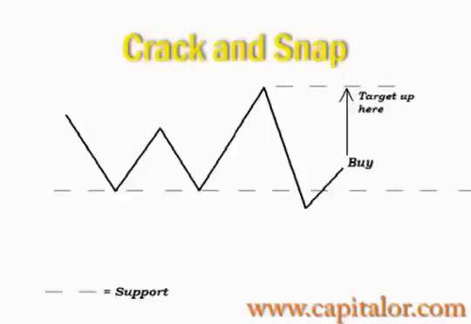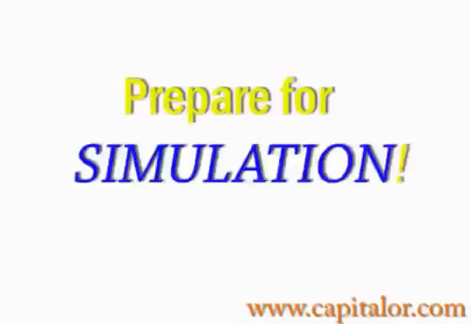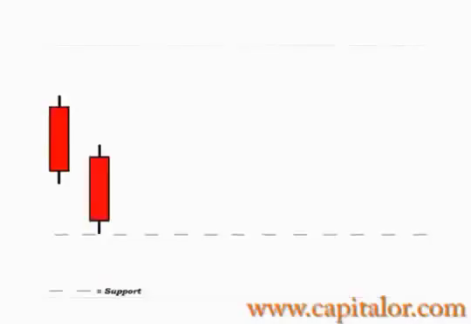And to make your apprehension of this pattern even easier, I am going to show you a simulation much like I did with the falling off the roof pattern. So prepare yourself. This time the dotted line is support. The simulation begins with the candlesticks approaching the support line, but they stop right above the support line and go up a little,